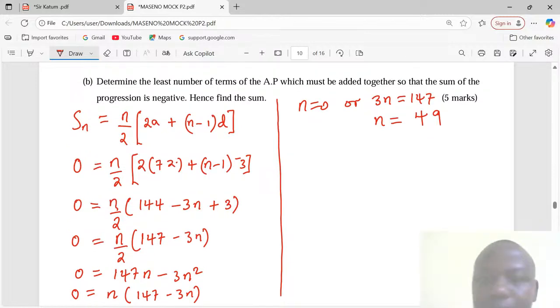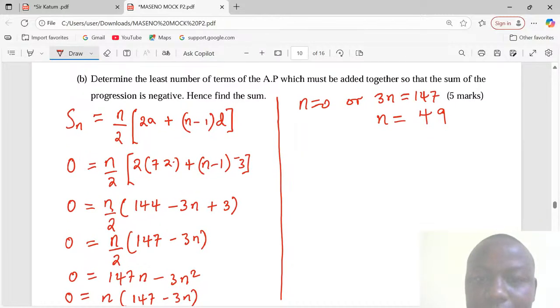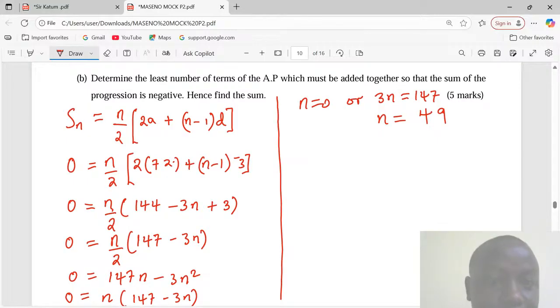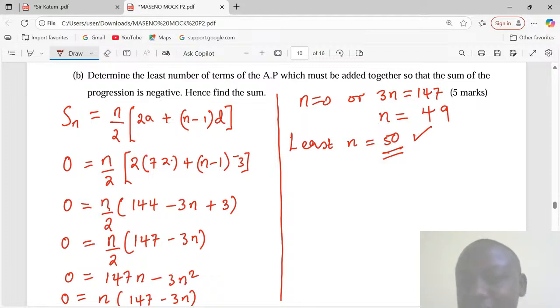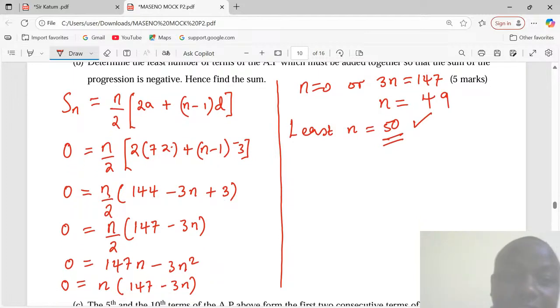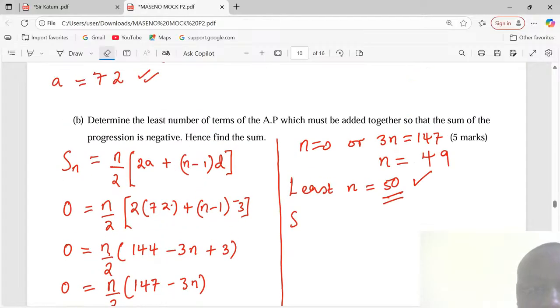And this should lead us now to say that the least number of terms of the AP that must be added together so that the sum of the progression is negative is going to be 50. So the least n number of terms should be 50. That's logic. Now let's get the exact sum, which is the first negative sum at the 50th term. So we say the sum of the 50 terms now